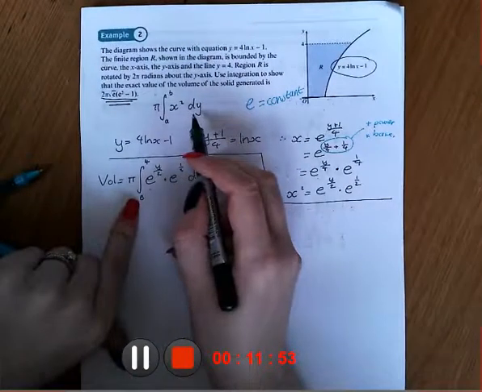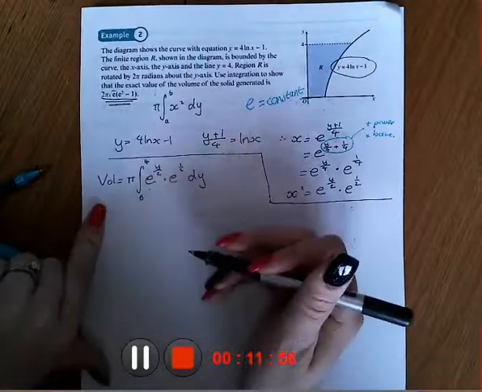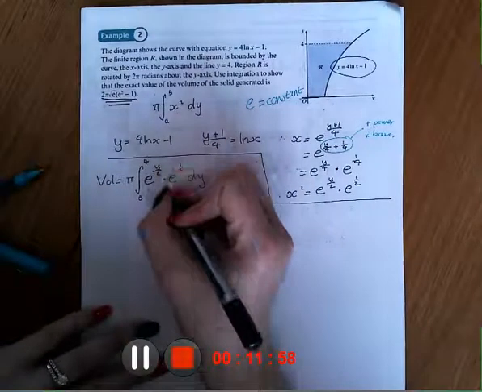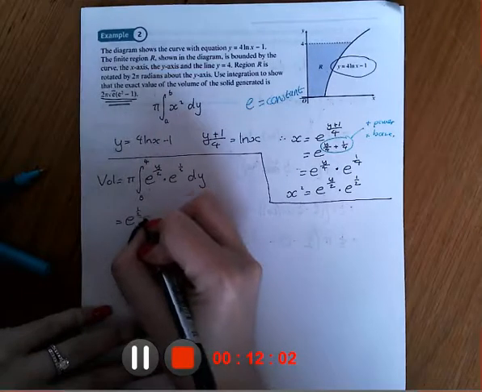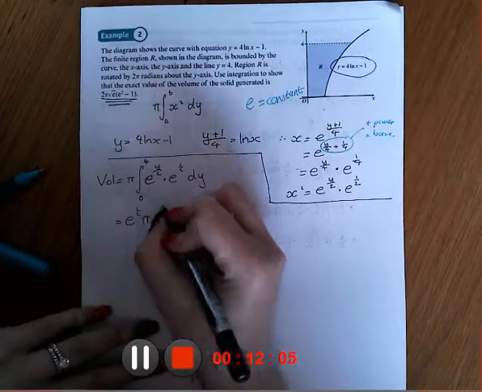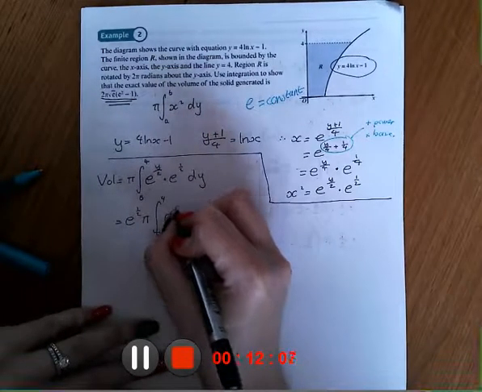I probably would write this down first and then write this, but obviously I've staged it up there. This is a constant, so I'm going to take it out. So e to the power of a half pi 0 and 4 of e to the power of y over